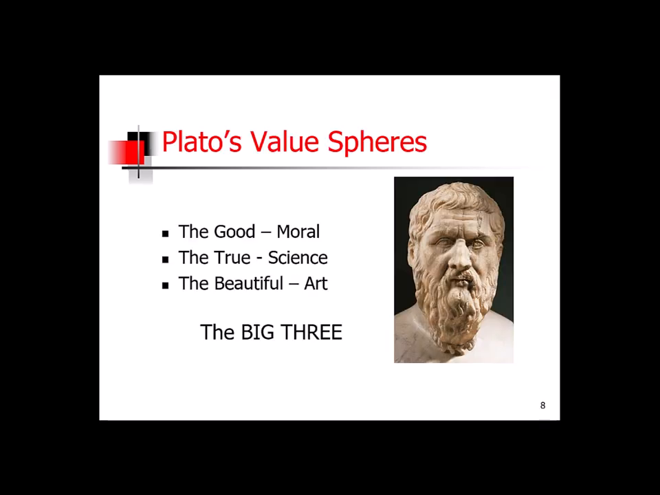Plato defined three value spheres of being as the good, the true, and the beautiful. These value spheres define the objective realms of existence. A value sphere is a set of values that we intrinsically feel are important. It's not a particular value, but it is a set of values. Plato's value spheres, the good, the true, and the beautiful, are often referred to as the big